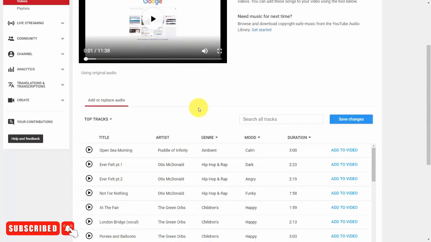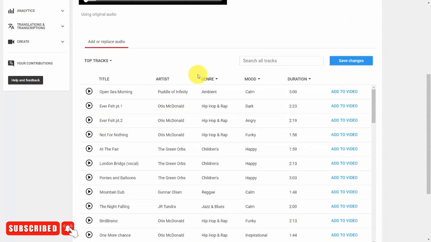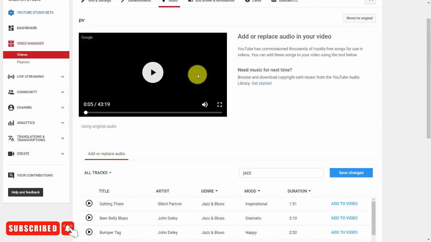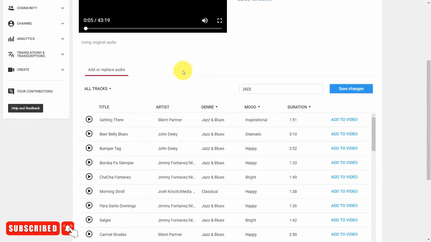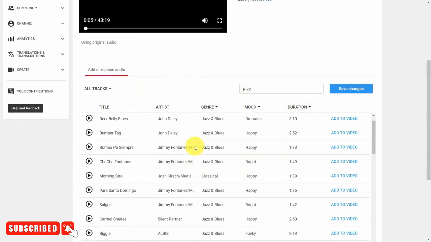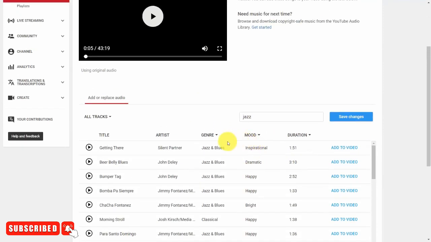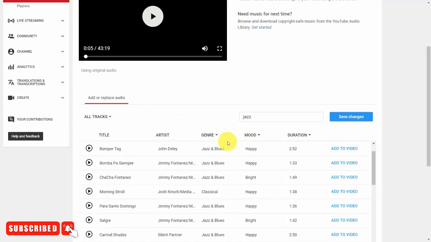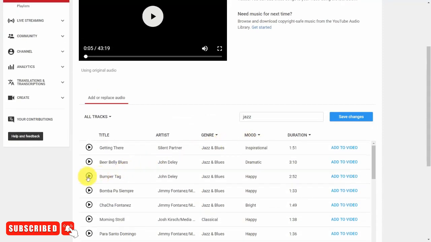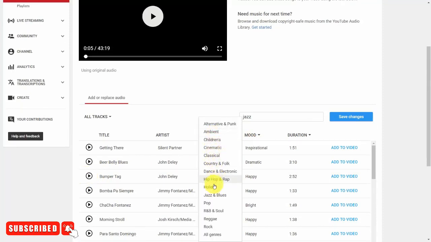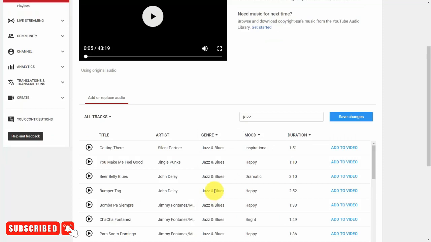So, for example, one of the things we can do is we can choose some kind of audio. And if you want to search for a particular genre of music, you can do that by writing this genre in this area, and then you'll get all of the tracks that are going to be related to it. And you can listen to the track by clicking any of the links. You can determine which ones you actually want. You can also sort by the genre that you want. You can do that here.